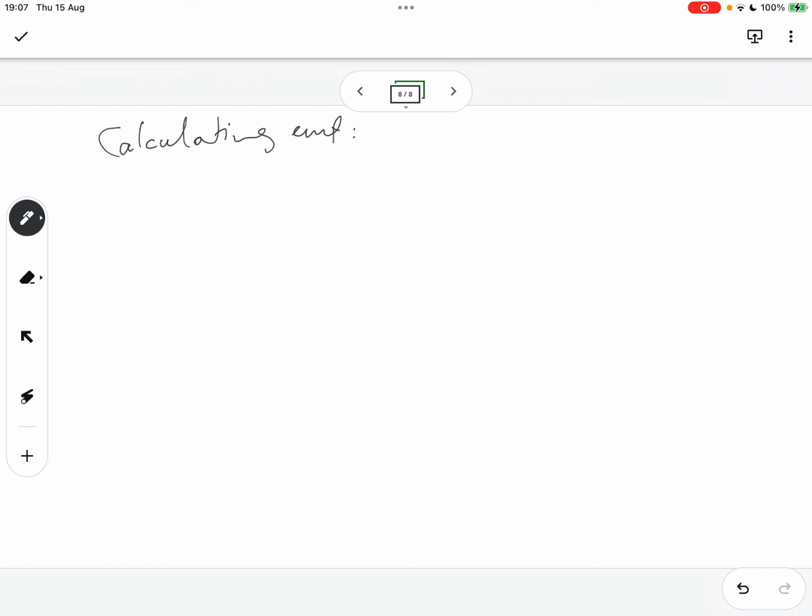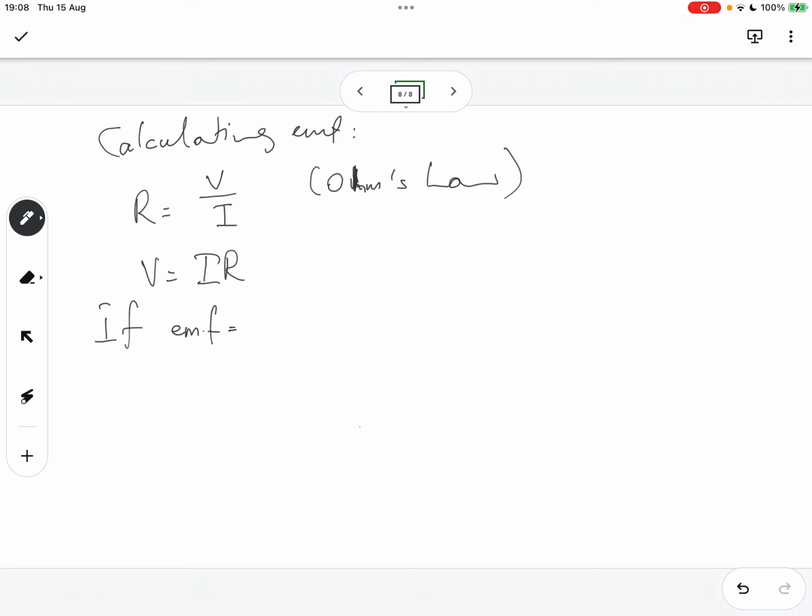EMF. So since resistance equals voltage divided by current according to Ohm's law, then voltage also equals current times resistance. But if EMF equals the voltage plus,